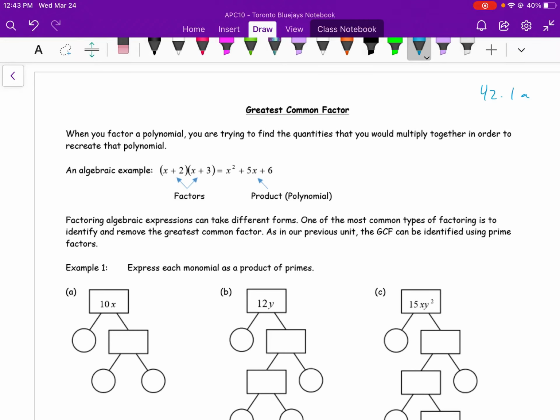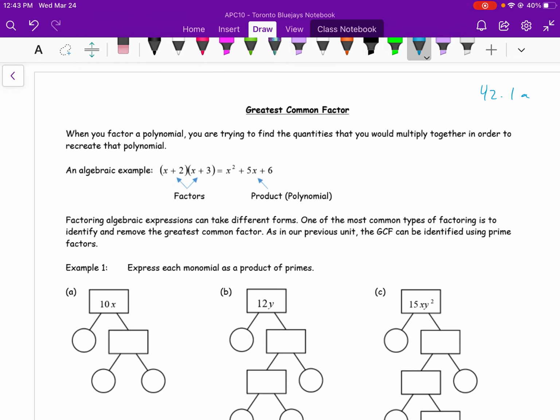All right, we're in the second half of the polynomial unit. Let's call it the back half, or the back nine, if you will. So we're going to be looking at the greatest common factor. Now, previous to this point, we have always multiplied polynomials. After this point, or I shouldn't say after, but I believe for the most part, we're going to be factoring